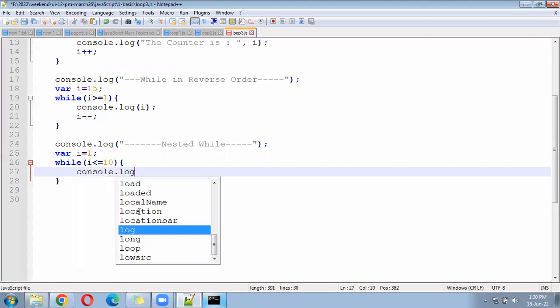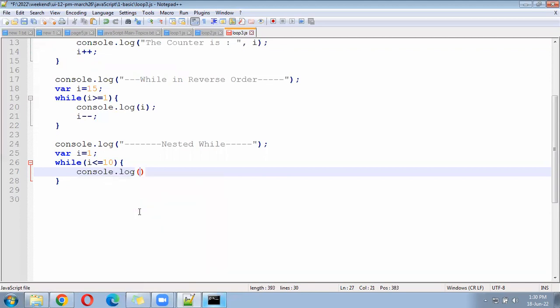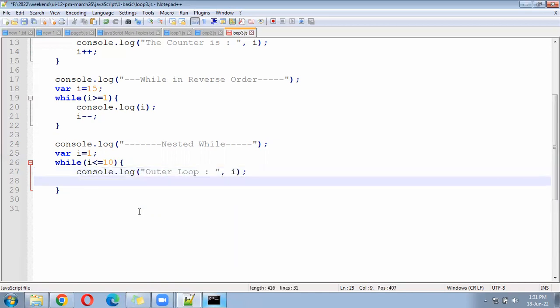Console.log print the i, outer loop i. Now write another while loop, j equal to 1,